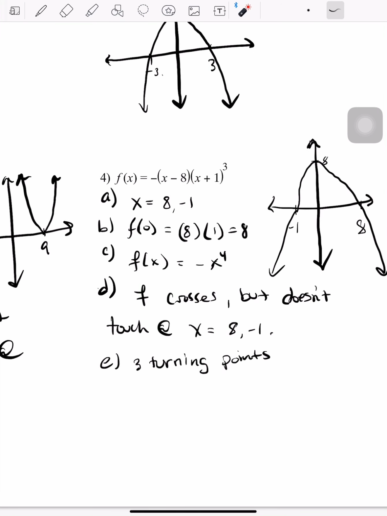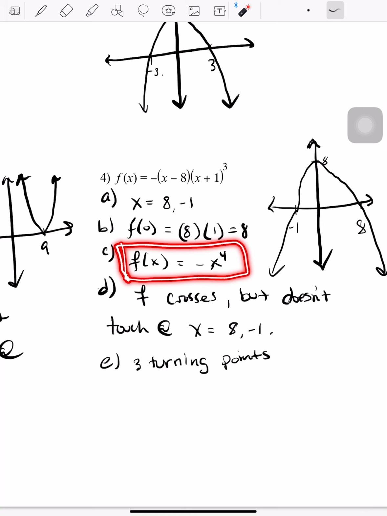C is find a function that determines the end behavior. First and foremost, I don't want anybody to get this wrong, so make sure when it says find a function that determines the end behavior, that means your answer should be in the form of f of x equals something, right? That is a function that represents the end behavior. And there are two things that you should look for when determining the end behavior of a function, and that is, hopefully you know,